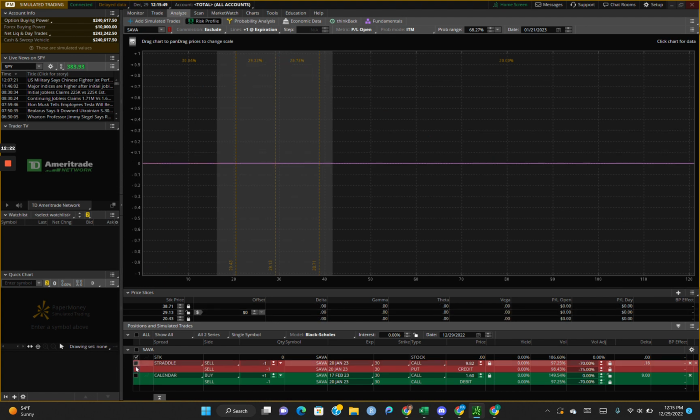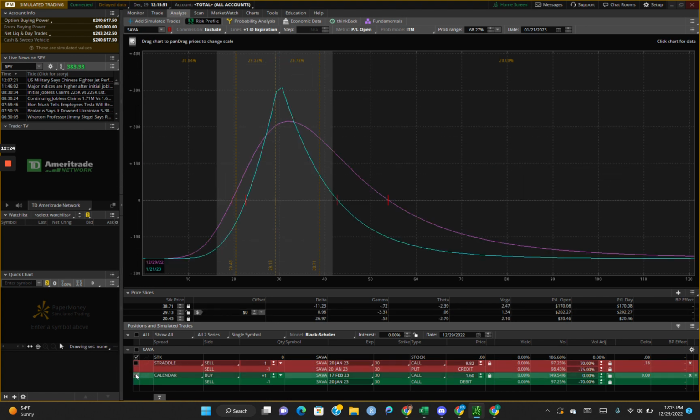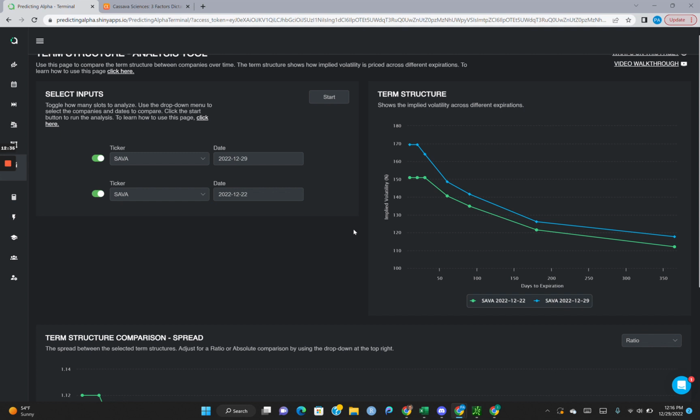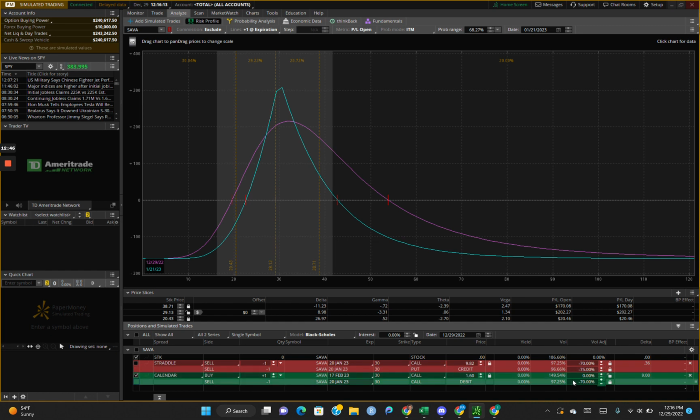Now, here is the calendar. You're going to notice that I have just put in the forecast vol for the January 20s, and in the back month, we kept it at 149. The reason we kept it at 149 was because of this. If you look at what the 30 is at right now, and last week, if we say this is more suited than what it's currently at, it's around 150. If we go back here, around 150.